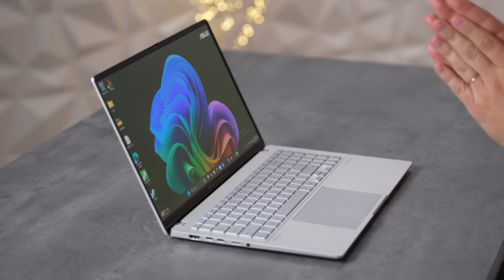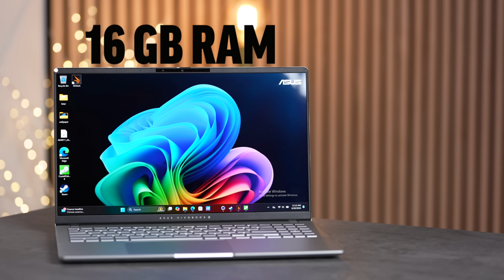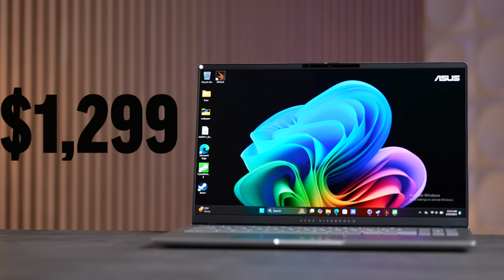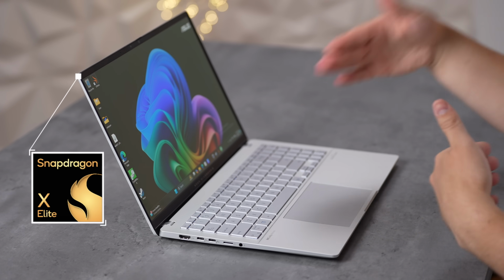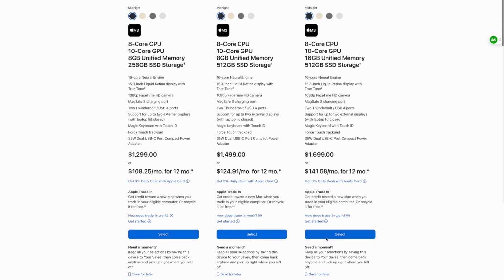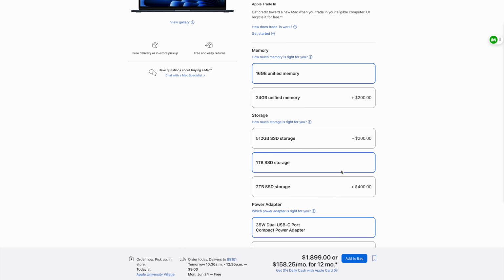This Vivobook S15 is by far the best value Copilot Plus PC that I have seen on the market, because it comes with 16 gigs of RAM and 1 terabyte of SSD for only $1,300, which is a shockingly good deal considering that it comes with the Snapdragon X Elite chip. Keep in mind that if you configure Apple's 15-inch M3 MacBook Air with 1 terabyte of SSD and 16 gigs of RAM, you'll be at